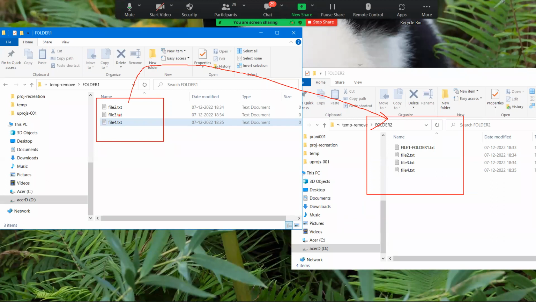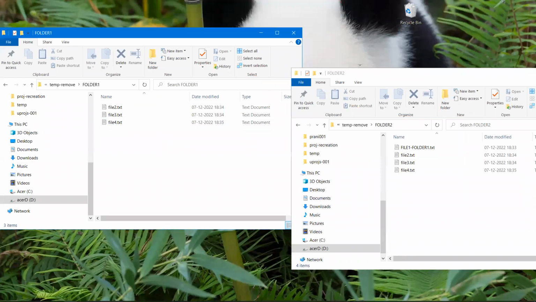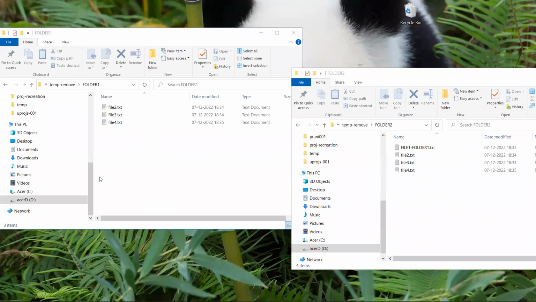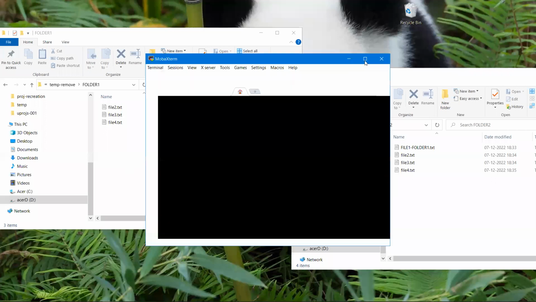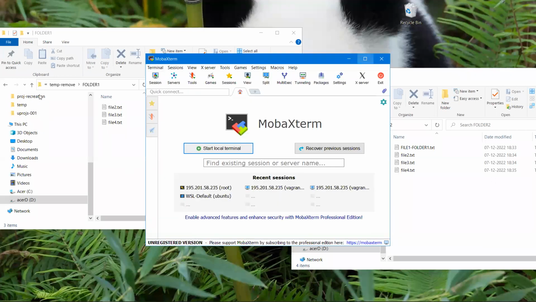Now, compared to this, a Linux server or a Unix server, like the one I've seen yesterday. Let me log in to that again. This is the MobaXterm we have seen yesterday. I'm trying to log into one of our Unix servers.